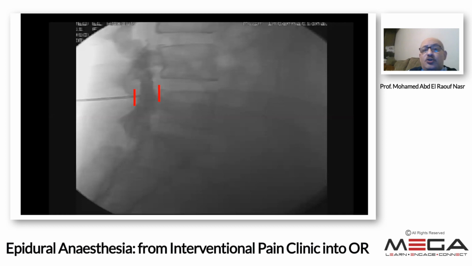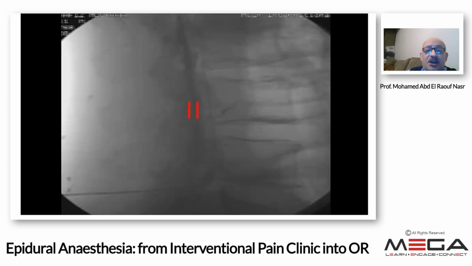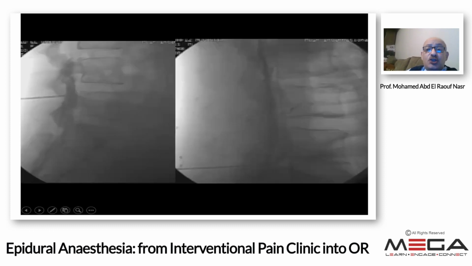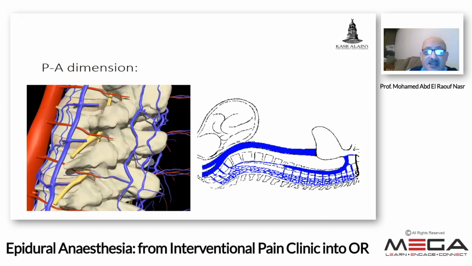The anteroposterior depth, you see, is wide with 1 level above and 1 level below. In another patient, we are injecting 3 milliliters again, and you see a huge cranial spread with a narrow anteroposterior diameter. So there is a great difference in this cranial spread, and we have to suspect a higher cranial spread,